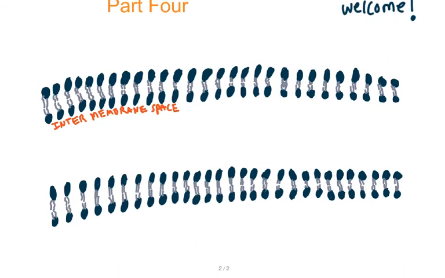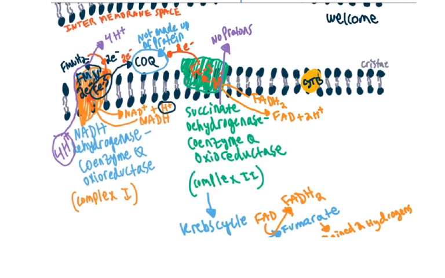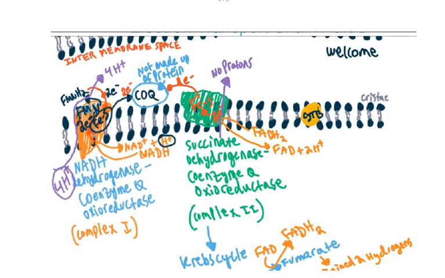Remember, just a refresher that the electron transport chain is occurring on the cristae, or the inner mitochondrial membrane. Let's go ahead and do a really quick refresher so this video is not too long. I have here a short screenshot of what we did in the previous videos. Here we see complex 1, or NADH dehydrogenase coenzyme Q oxidoreductase, which we'll just refer to as NADH